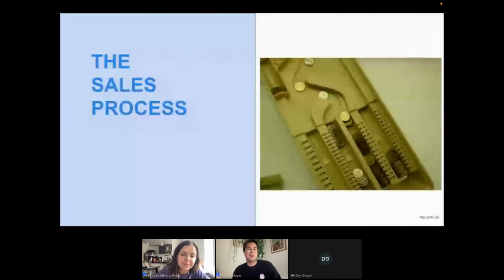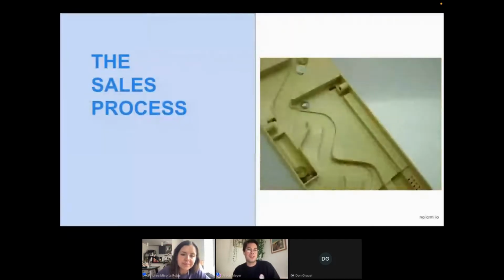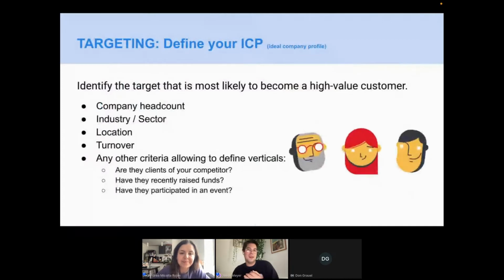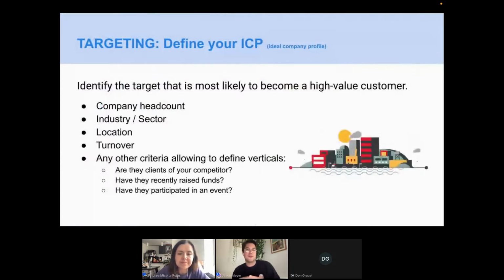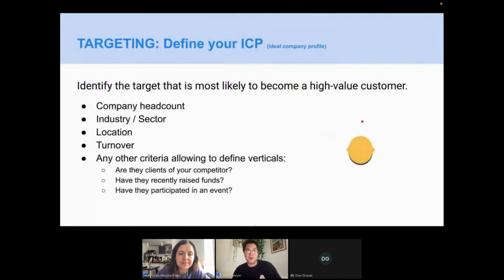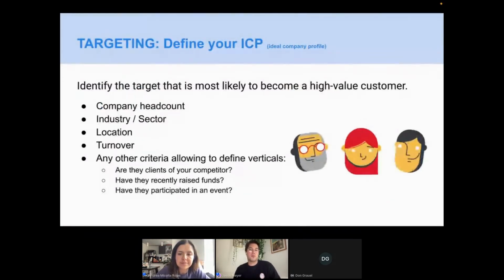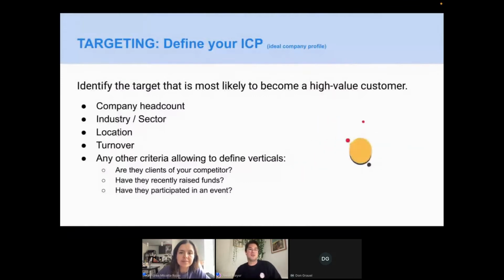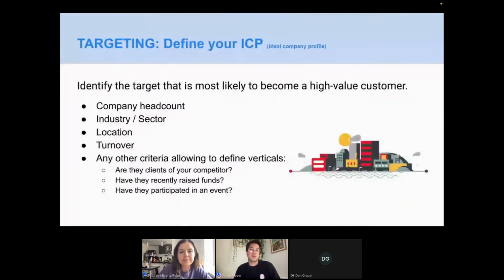Well, in my experience, let's look at that now in the sales process as well. Ideally, as we've been mentioning before, you have to build your ideal company profile. So, who are you targeting? Where will your product best be used to optimize sales for a company? So what ideal criteria can you take into consideration?